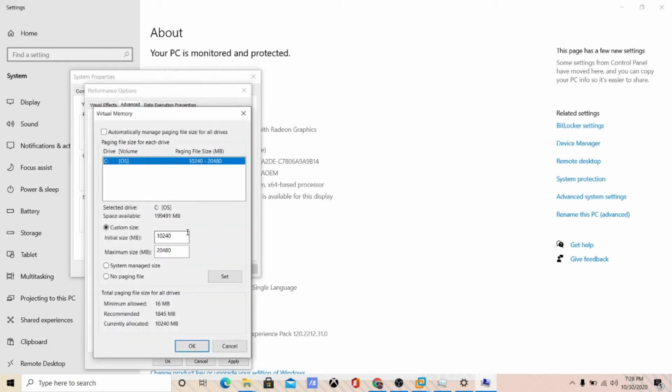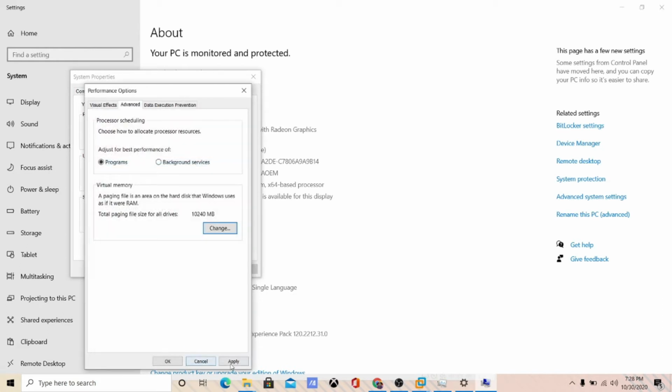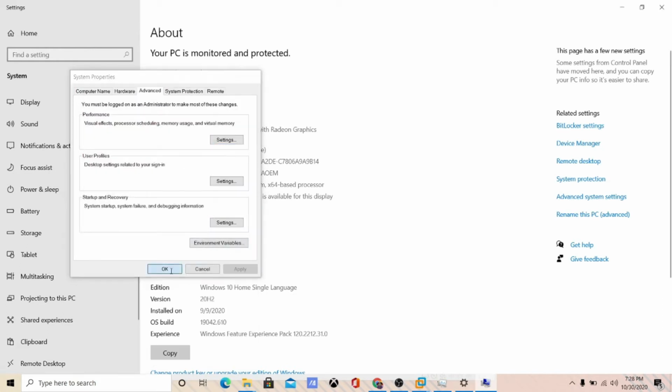Change it, set it to something you're good with. I would do 10 to 20 GB of RAM in virtual RAM. Press OK, apply, and then you need to restart